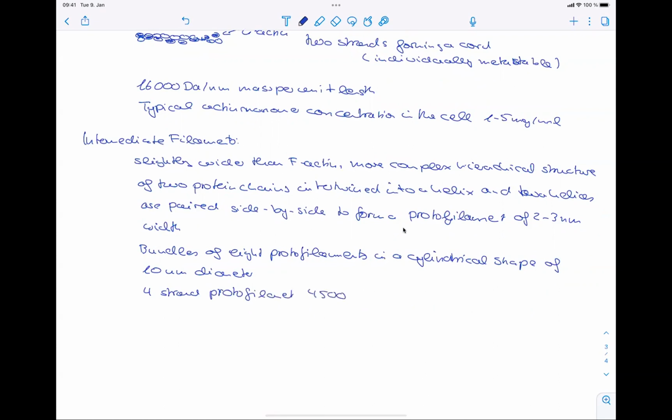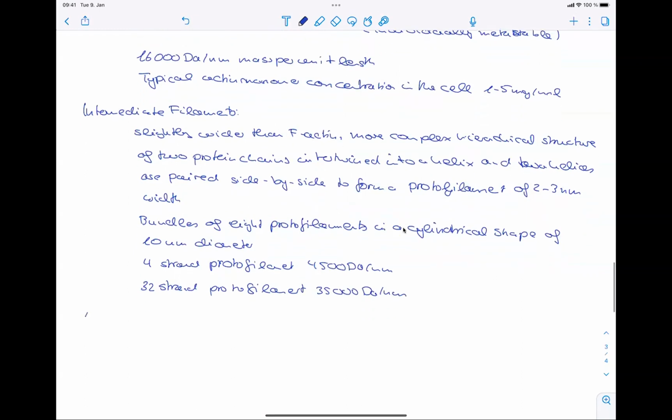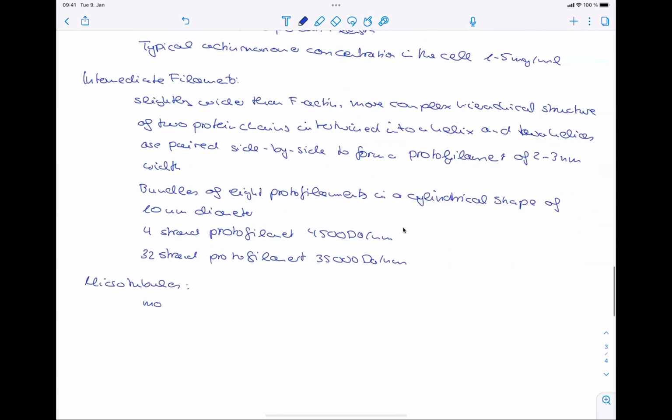They would have such a molecular weight, so a little lighter than F-actin, or the bigger ones would then be much heavier. So there's more variation in these structures than for actin. And last but not least, microtubules. They are made up of